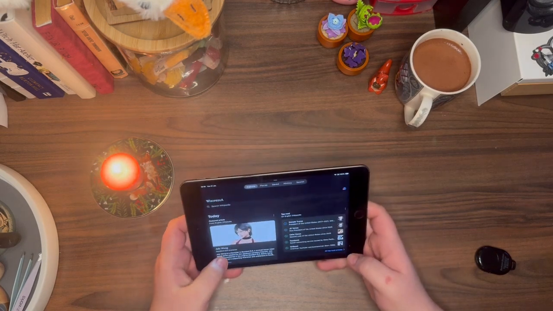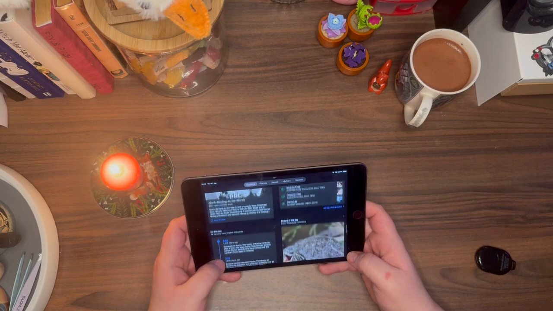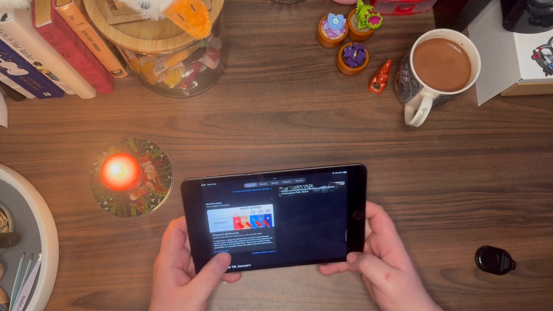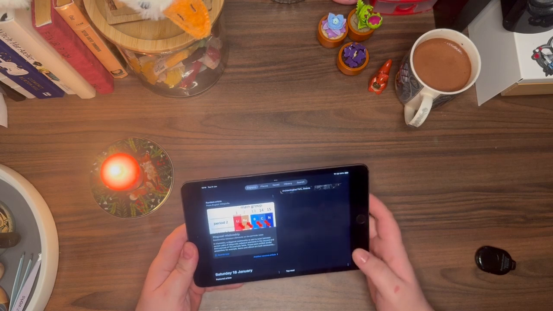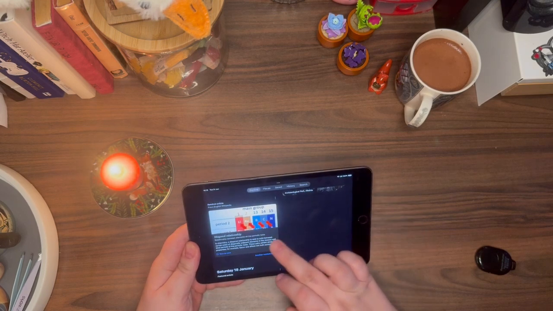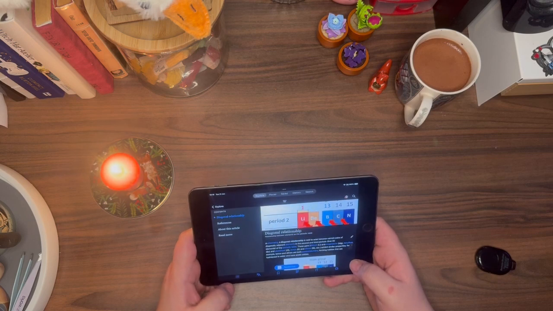So on Wikipedia there's the option for random article, and I'll just read through the random article. So the first one is diagonal relationship